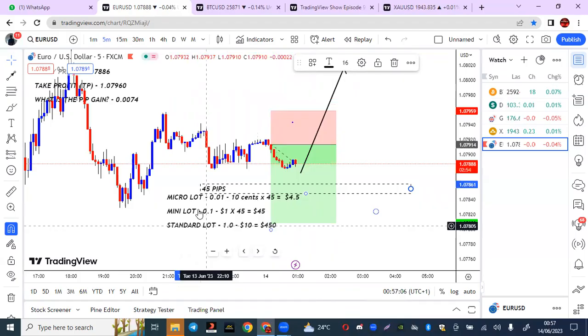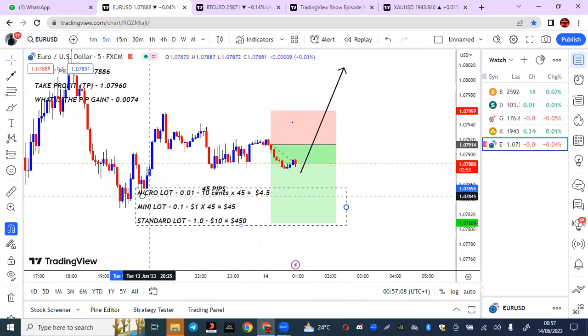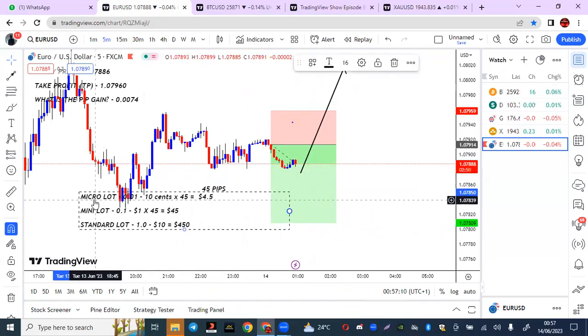Now, the pip you should use depends on your account size. We're going to learn about that in the risk management class we're going to have. So it depends on your account size. Now we've finished the basics. We've talked about pip and lot. Now you've also learned how pips translate